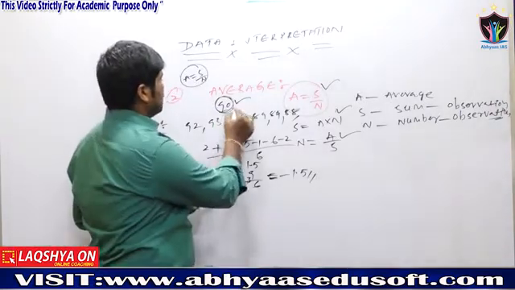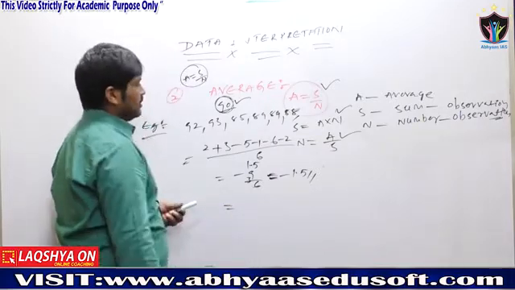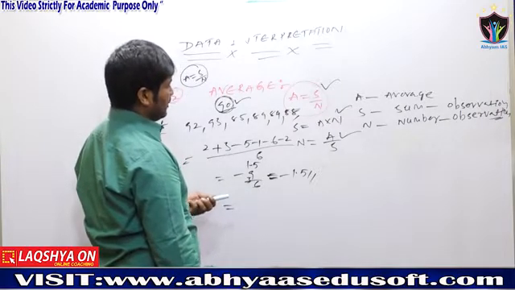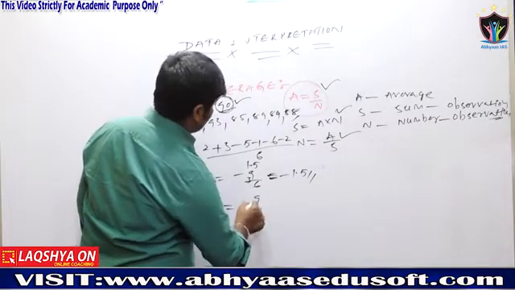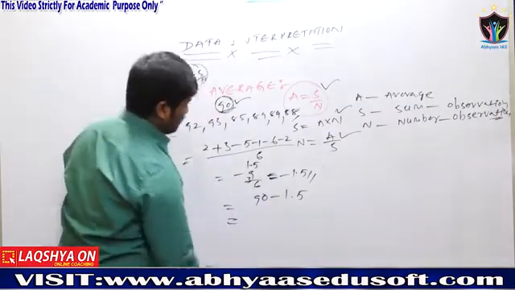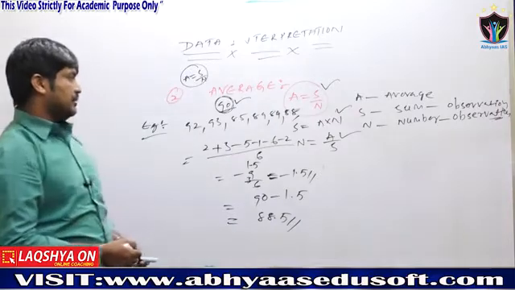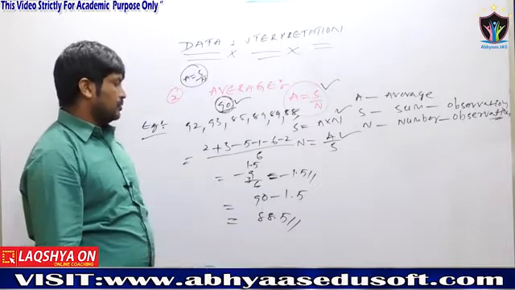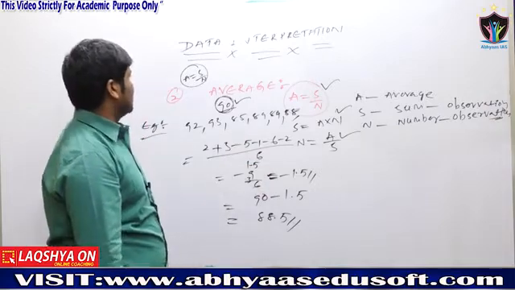So here we have assumed the value of 90. Then what will be the answer? 88.5 or 89.5? So 88.5. Obviously when we subtract 90 minus 1.5, our answer will be 88.5. My friends, in such a style we can always take 90 minus 1.5 equal to 88.5. So always we have to take the questions in such a style, right?